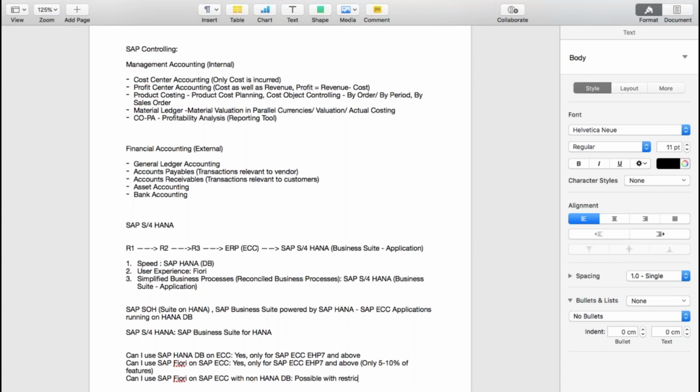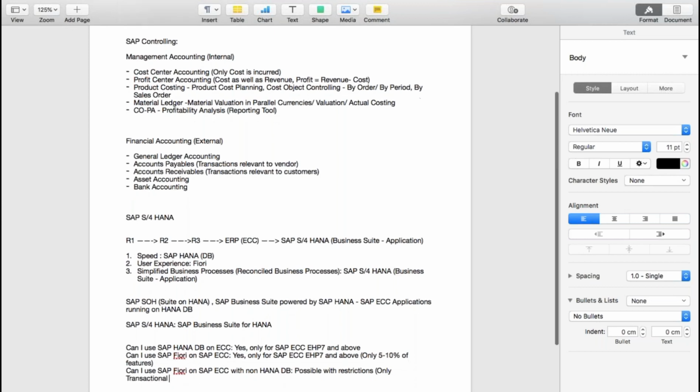I'll tell you what the restrictions are. It is possible to use SAP Fiori on a non-HANA database. The restrictions are: normally in Fiori, there are different kinds of apps. You can perform transactions, you can perform reporting. So only transactional apps are supported.